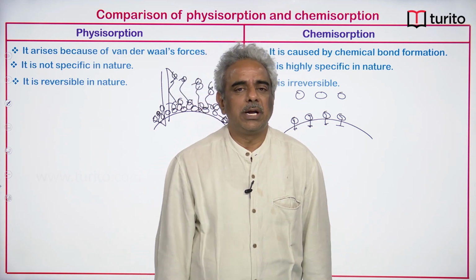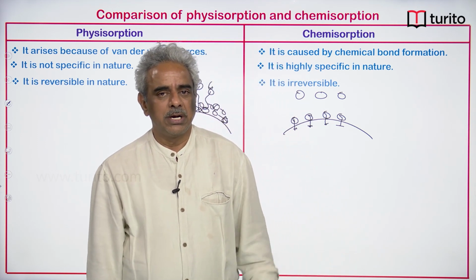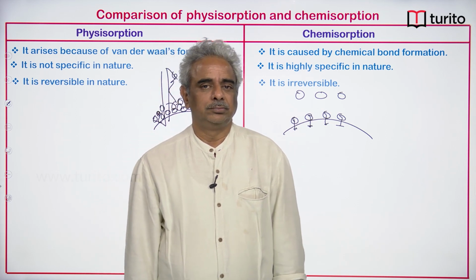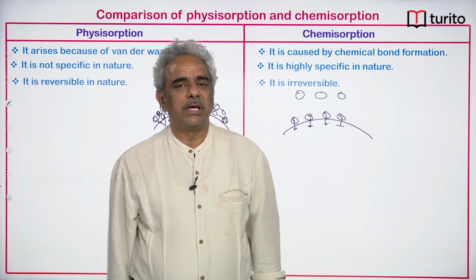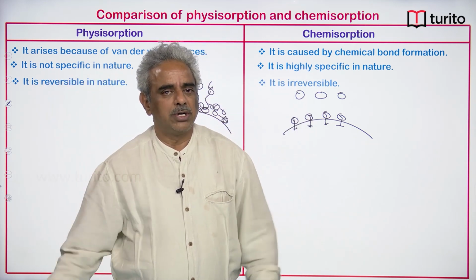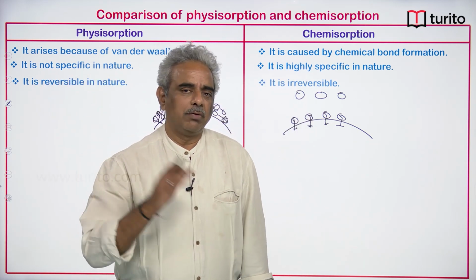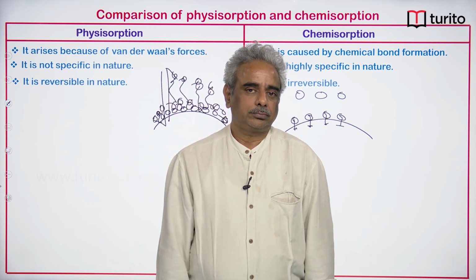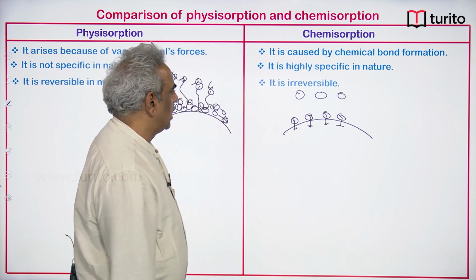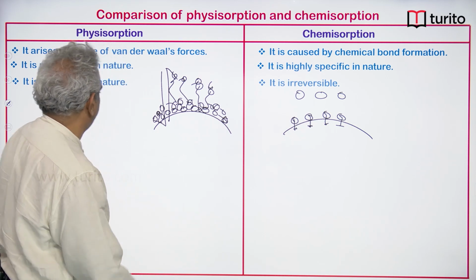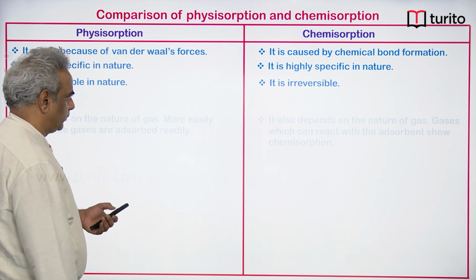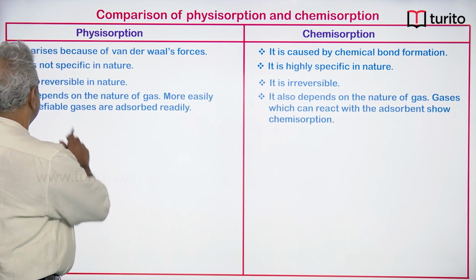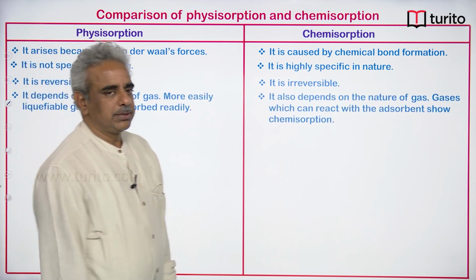Desorption and adsorption keep on taking place with equal rates at a saturated condition. Once the adsorption has occurred around a surface, if you still keep some more adsorbate around, there will always be an equilibrium. So, this is how we work out the third difference. The fourth difference is